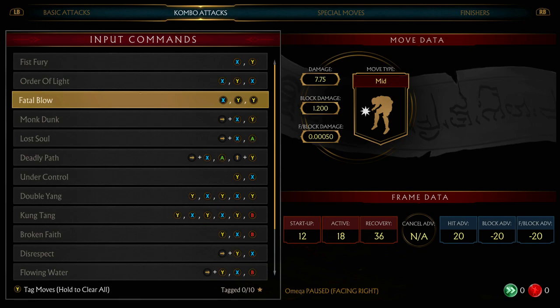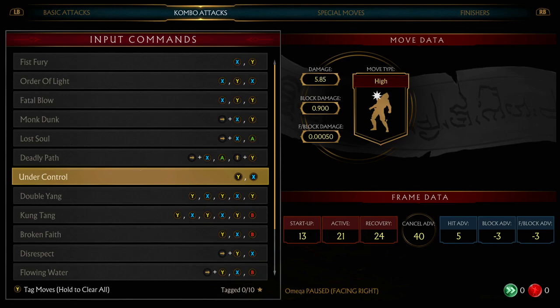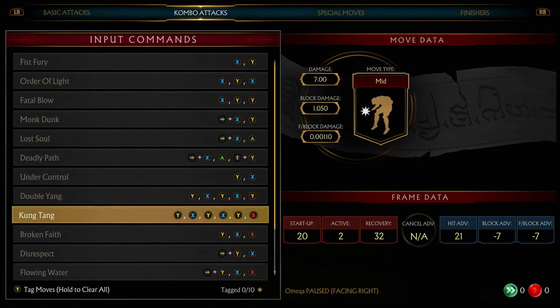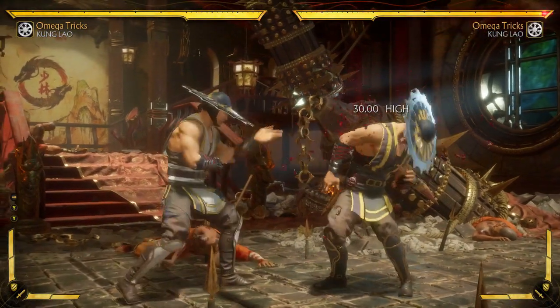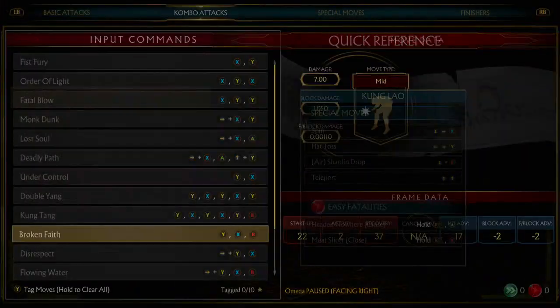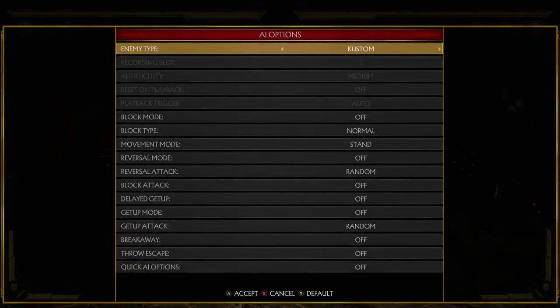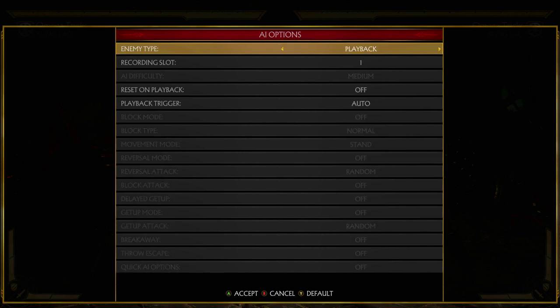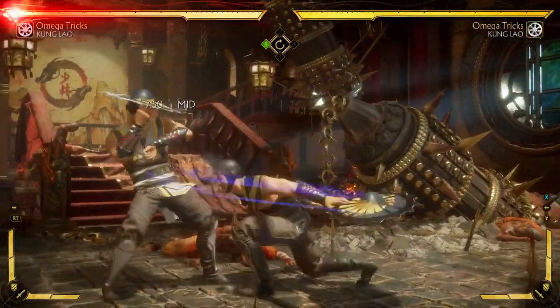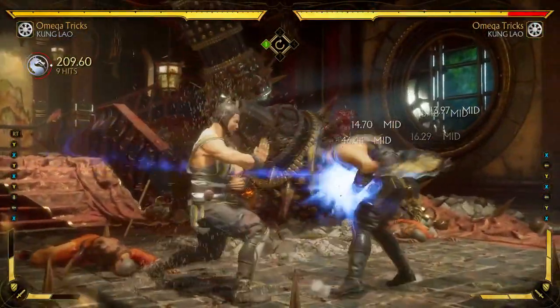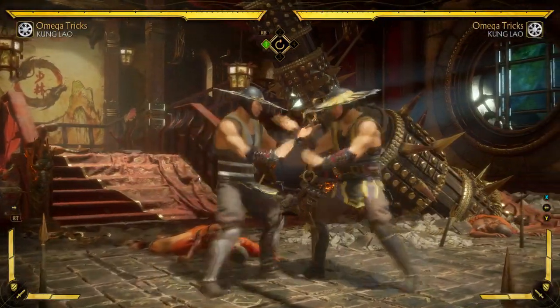All right, let's look at the 1 follow-ups and the 2 follow-ups and see what is better in these situations. Well, in certain situations. Right now, I'm just going down the list studying the frame data. We know the 1 and 2 start up in 8 frames. That's the 2. All right, let me set the opponent to do this move, and we go punish it accordingly. As you can see,